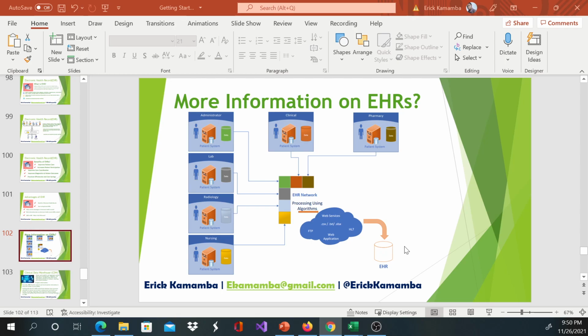Really, our goal is to gather this information from EHR, use ETL process, and load that information to CDW, Clinical Data Warehouse. Okay, that's our goal. So this is just simple information about EHR. Now let's learn about